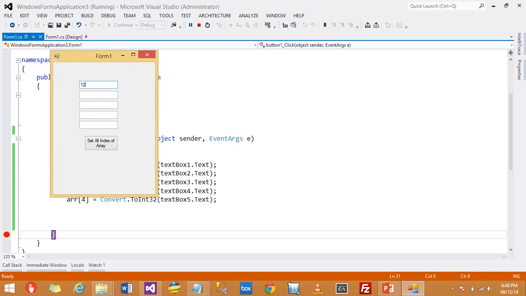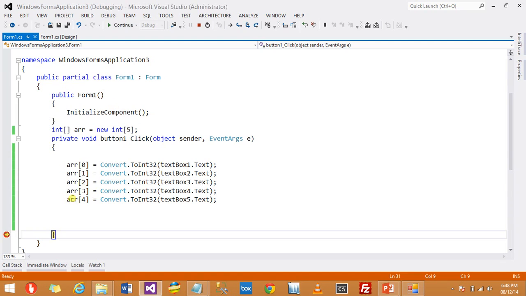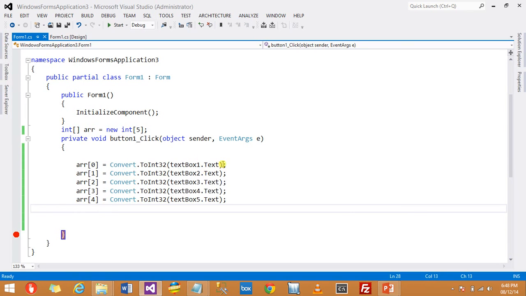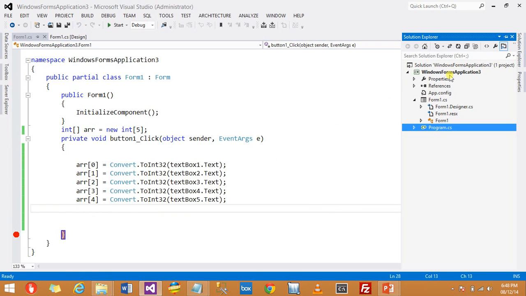On the button click, now I can check my array is completely initialized with integers, because all the values were directly converted from string by Convert.ToInt32. So I just want the text box to return its value implicitly, and this is possible only by the extension method. So how will it work?